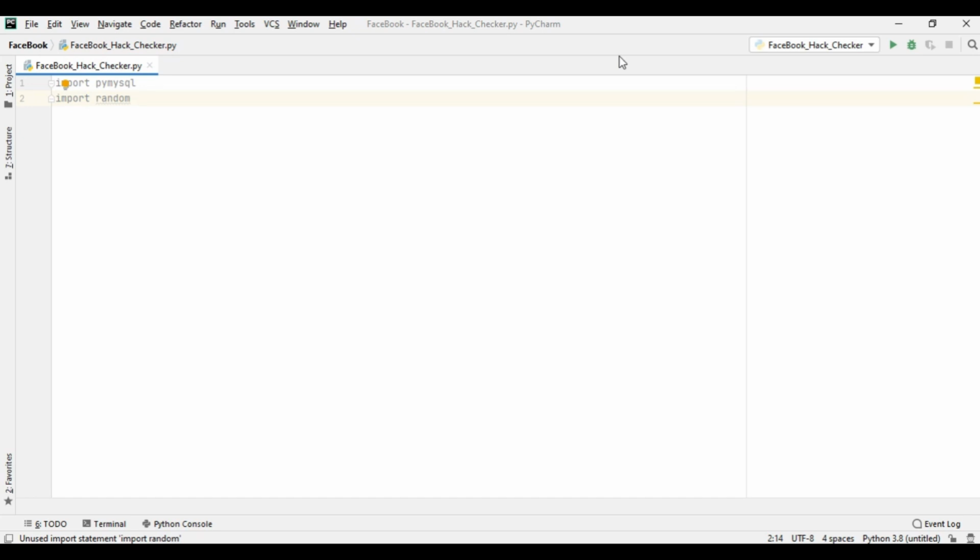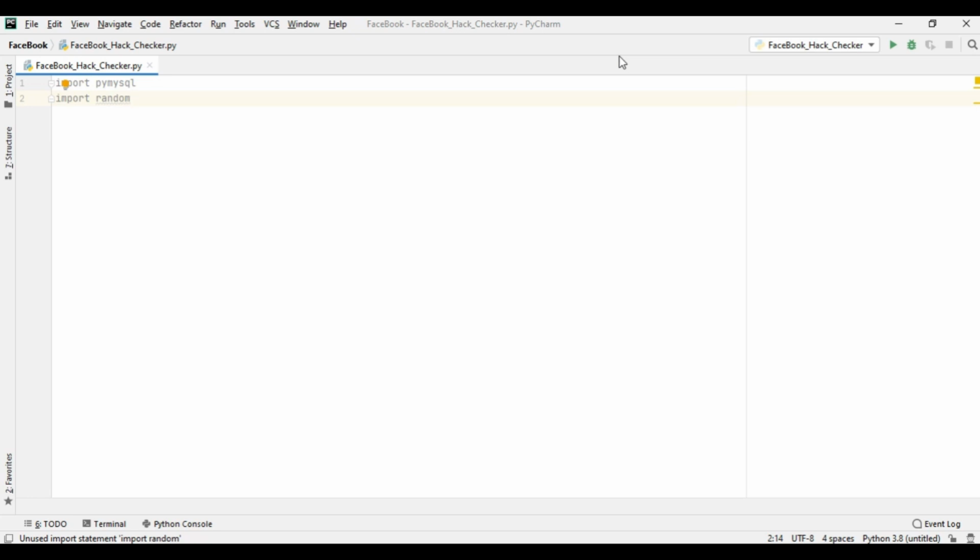And we will work in GUI mode, so for that we need a module known as Tkinter. It is present in Python. For any modules you don't have, please install them with pip install and the module name. I have installed all the modules, so I can use them in my program.